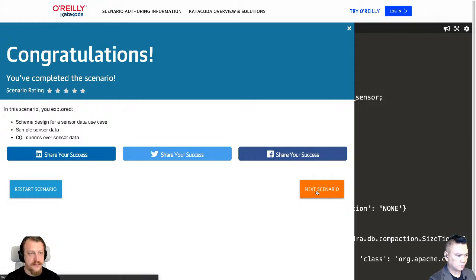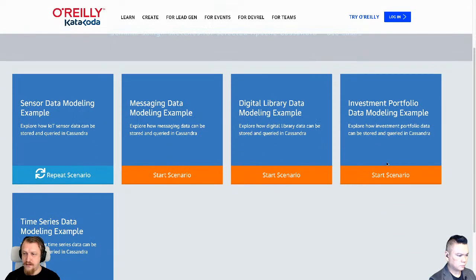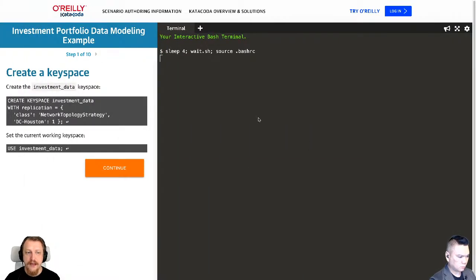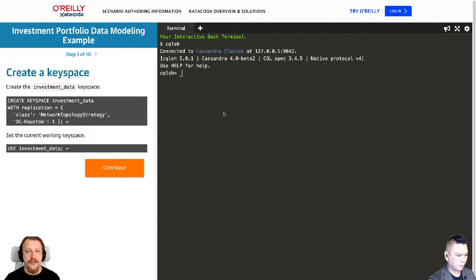And next scenario. As you see, we have more scenarios there for you to use, and that's actually part of the, let's say, homework or kind of an assignment after this workshop. If you really want to get all we told today, it's not enough to listen. You have to put your hands on and do the job on your own. And I can't do it for you. I would love to, but I can't. You have to do it on your own. But you are not alone, so we are always there for you at community.datastax.com or Discord.